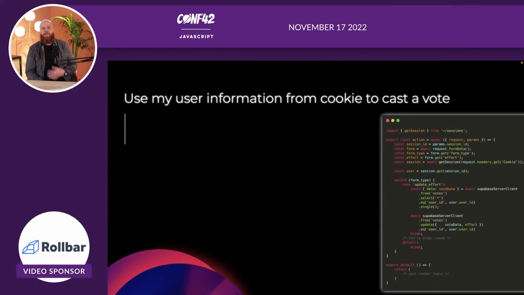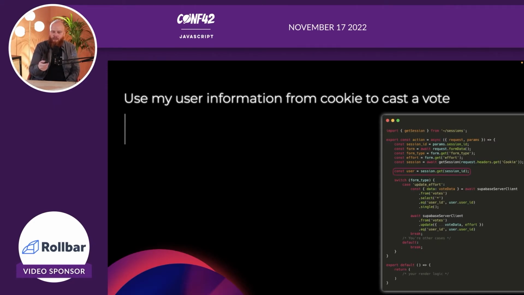So what we can do now is when you're on that dynamic session page, whenever you want to cast a new vote, you want to say, okay, I think this is worth 5 story points. You're not going to send along who you are. Well, on the other end it will, but you are not, as a developer. You just say, for the current active session, this user wants to vote the value of 5.